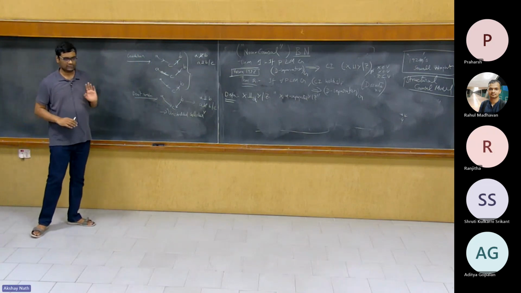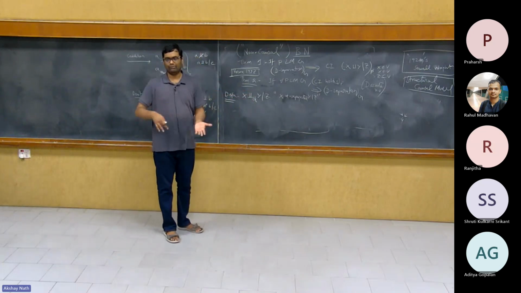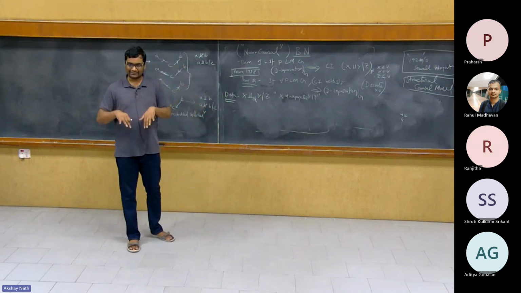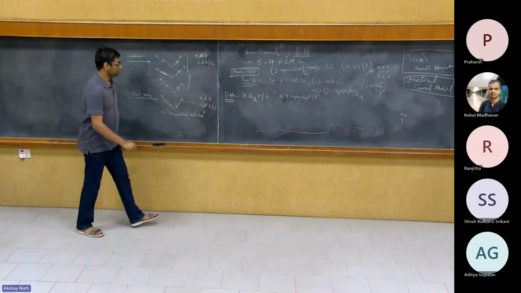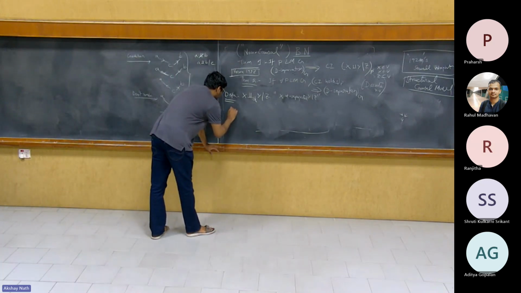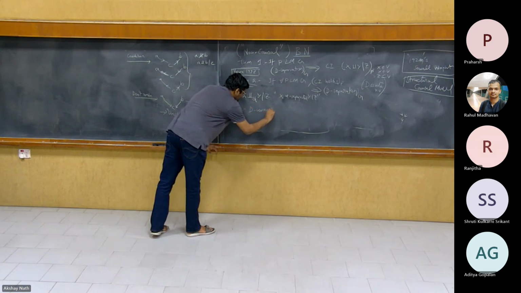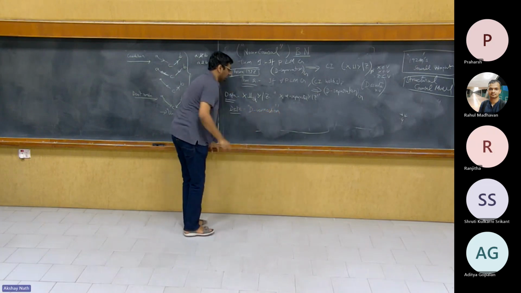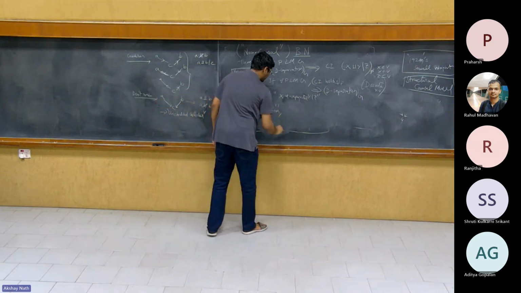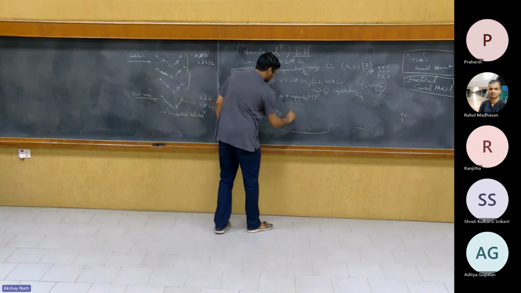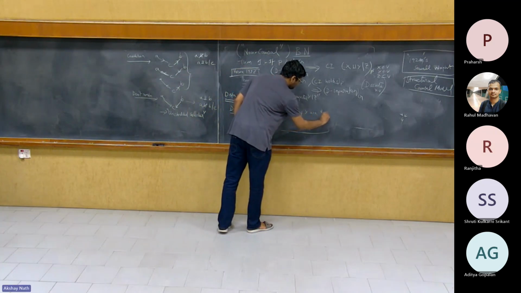Okay, so this basically defines D separation. It's always good to define D separation by its complement, unfortunately. So you first say what D connection is, and whenever it's not connected, then you say it's D separation. Okay, so let's do a contrapositive definition. So the definition of D connection. Now the D connection can be specified with respect to every path, right? So suppose X and Y are D connected.